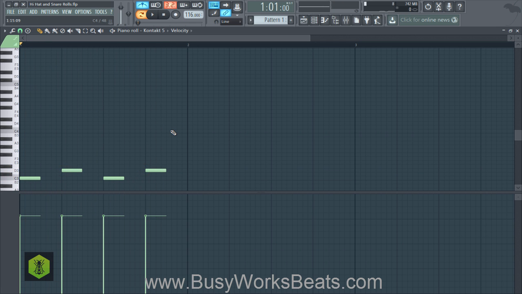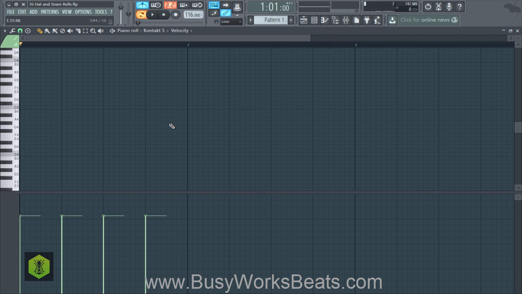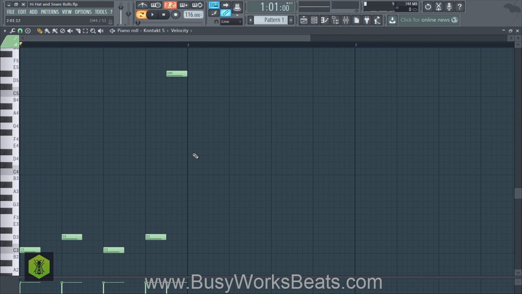Okay, so a snare roll typically for a real drum kit would go somewhere at the end of a rhythm. Now you can place it anywhere you want. I'm not saying you have to put it at the end, but it kind of gives the wrap up feel to your drum. So let's add that right at the end. Okay, it just has that imperial sound to it, like a Michael Jackson style sound. Okay, so that's where you would generally add a snare roll. So this is where it all started from.